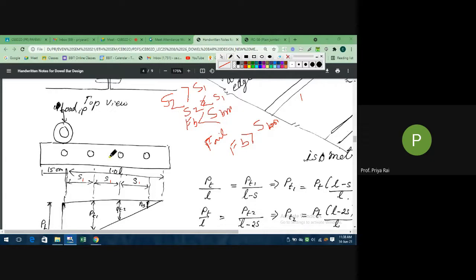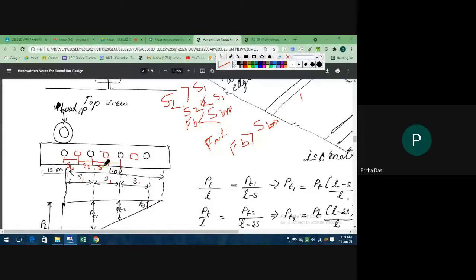If we increase the number, initially it was 4. If we provide 4 Dowell bars, then the spacing is S1. Now I want to increase this number. That means I will add one more Dowell bar, or suppose 2 or 3 Dowell bars. Now tell me, which will be the spacing? The new spacing will be this one, right? This is the new spacing, and suppose it is S2. Now see from the diagram, which is greater? S2 is greater or S1 is greater?